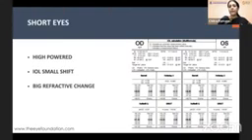However, the challenge becomes entirely different in a short eye because of the high-powered IOLs which are used, and even a minuscule shift in the IOL power could end up with a very big refractive change. In fact, we are not sure whether it's a normal axial length, a normal anterior chamber, a smaller anterior chamber. We are not sure whether it's an increased lens thickness, which makes it appear as if it is a smaller